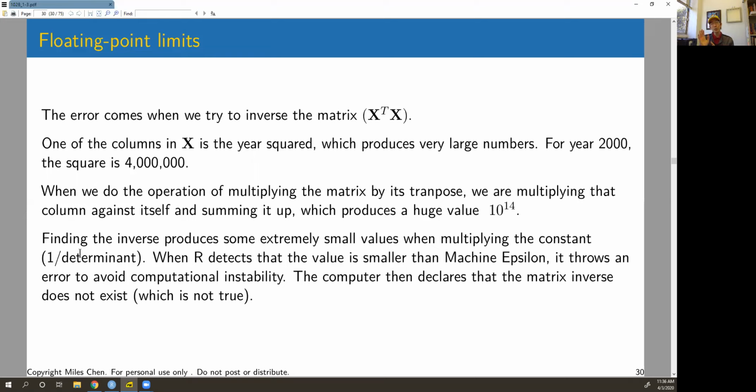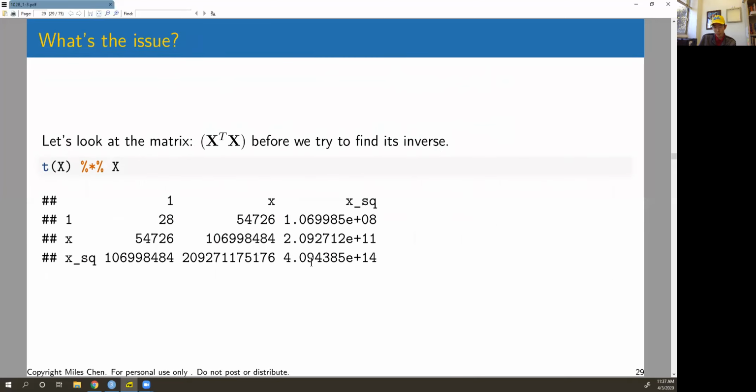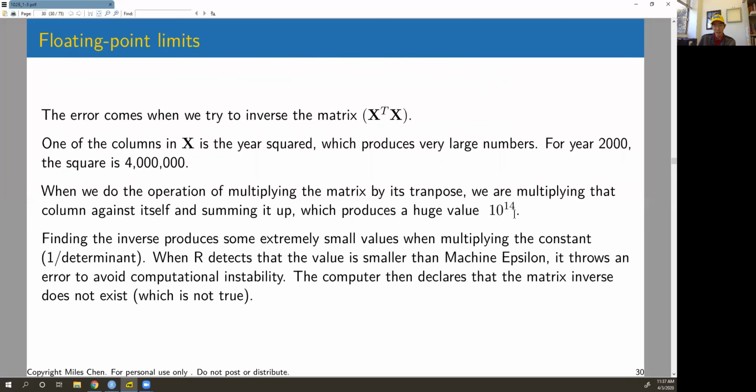And I think it's a reasonable thing to ask you guys to be able to take the inverse of a 2 by 2 matrix, okay? You know, for exams and stuff, be ready to take the inverse of a 2 by 2 matrix. I will not ask you guys to invert a 3 by 3 matrix or anything bigger than a 2 by 2 matrix, but I think it's reasonable to ask you guys to take the inverse of a 2 by 2 matrix. But anyway, what's going on is because this term is so big on the scale of 10 to the